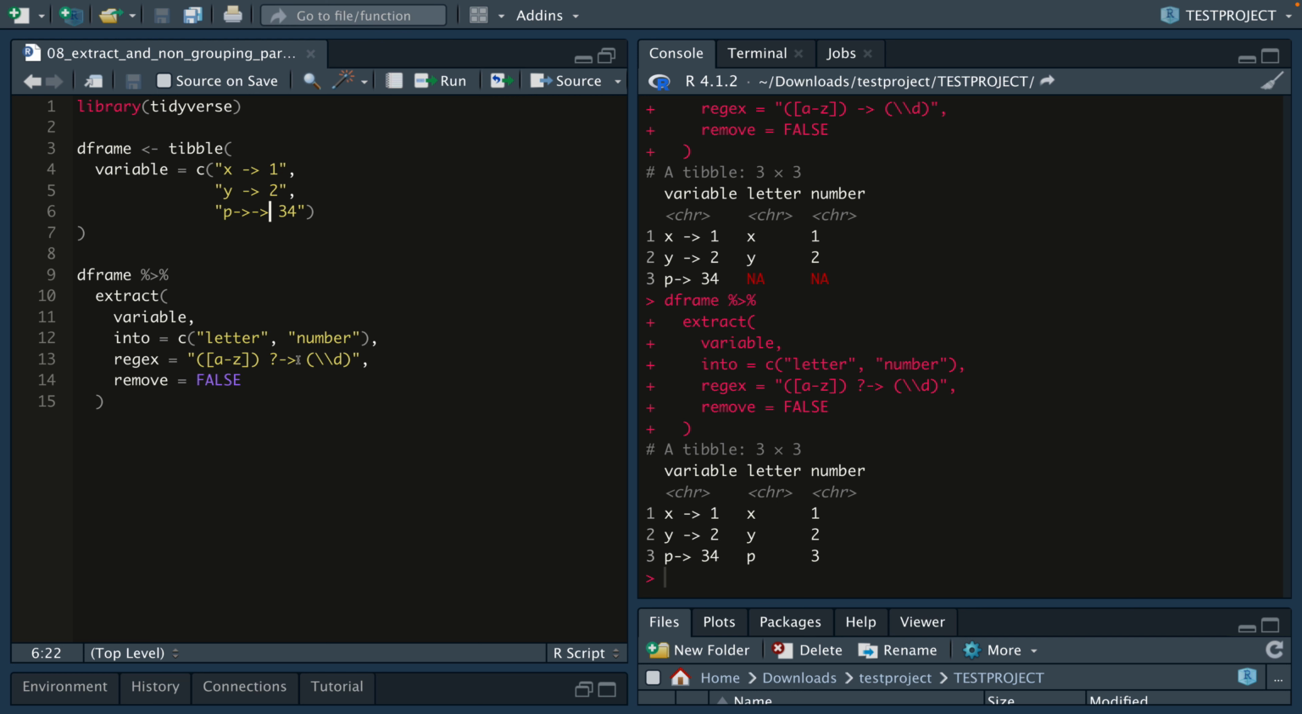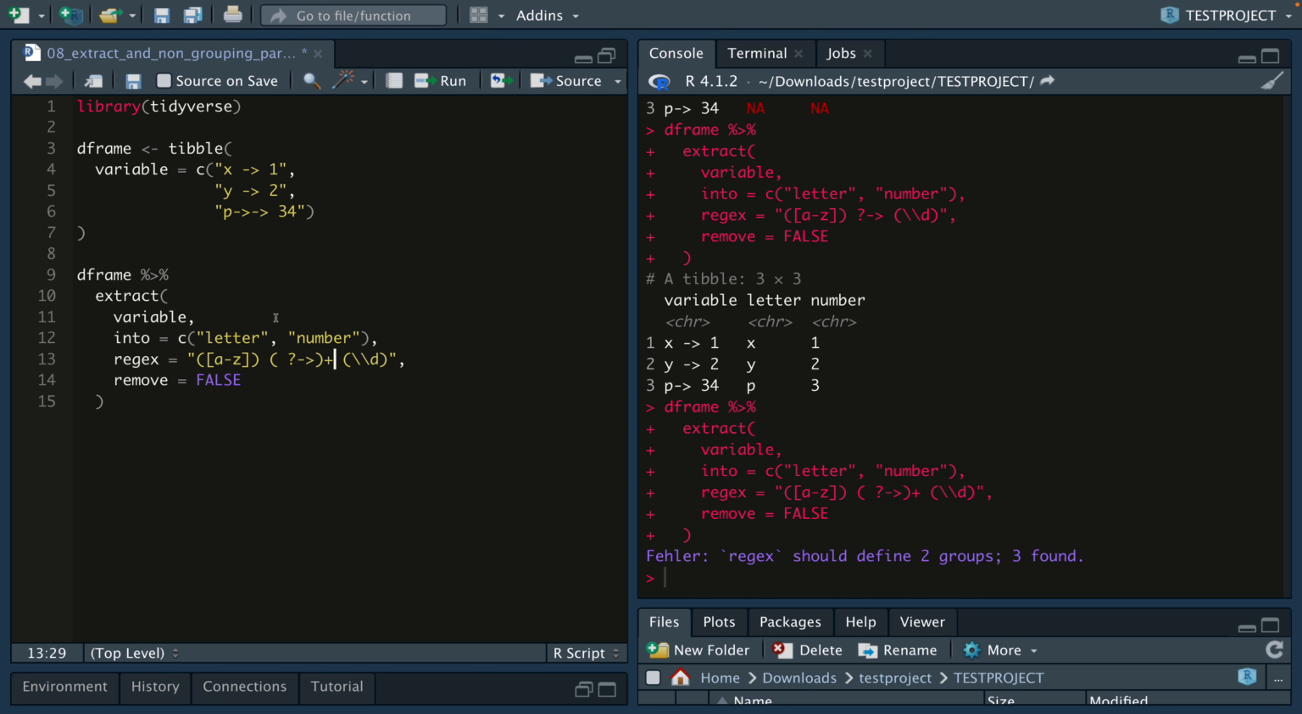Well, now it gets a little bit complicated because I can't do this. It's really complicated. What I could do, I could create another group and say, actually in this group there could be an empty space here. Then we have this arrow sign, and there can be multiple of those, 0 or multiple of those. Now let me try to run this code, but now it says, the regex should define two groups,